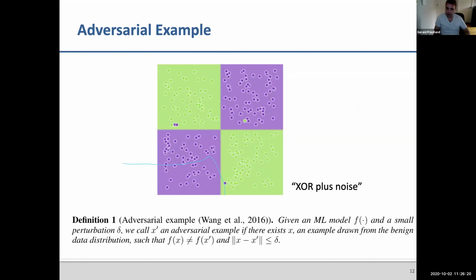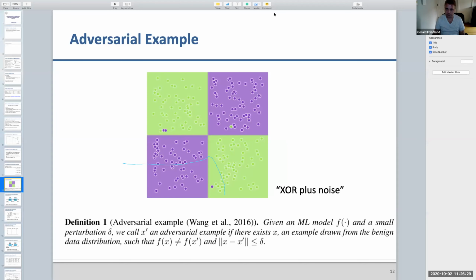Now, the interesting part is that we can create an adversarial example. Just, sorry, I need to get rid of that drawing that I made, which is probably just by doing eraser. Here we go, done, okay.